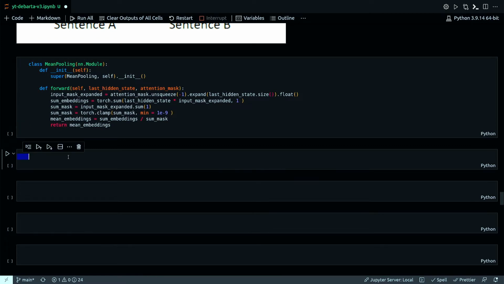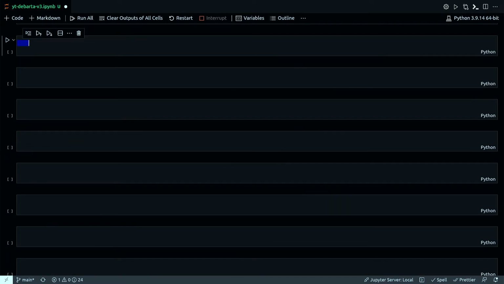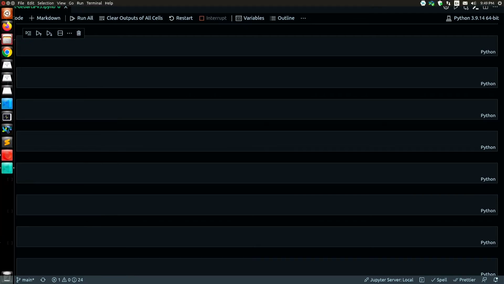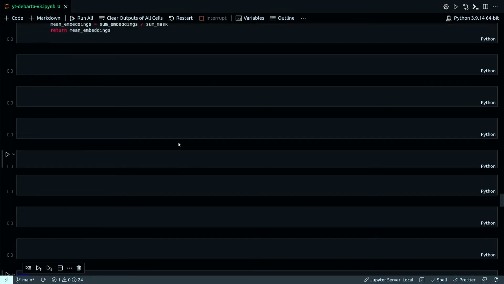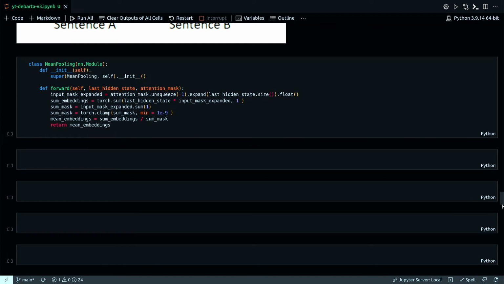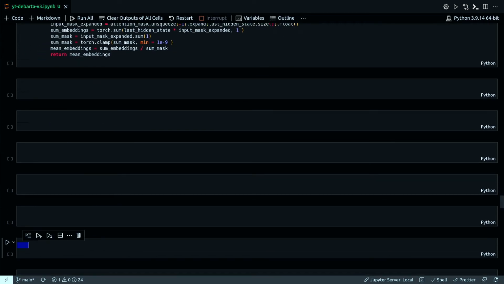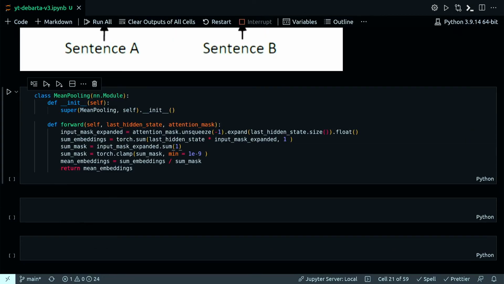And the next class that I'm going to write is going to be the longer and main class for our training, for applying the Deberta pre-trained model on my data. But before proceeding further, a quick word on this last hidden state here. We are applying this expand on the last hidden state. And what is this last hidden state?